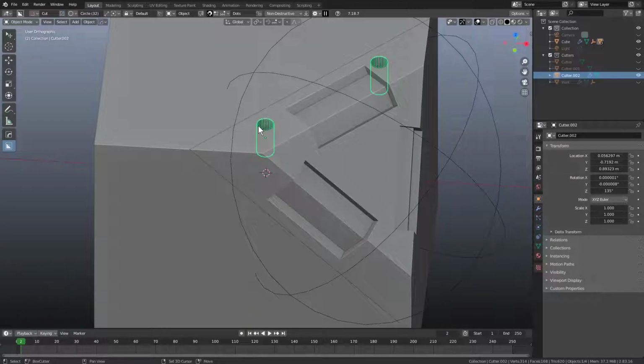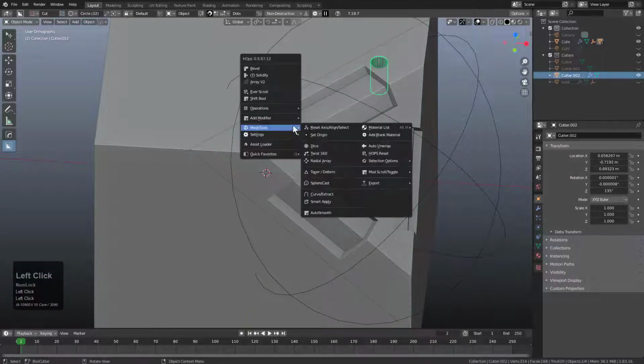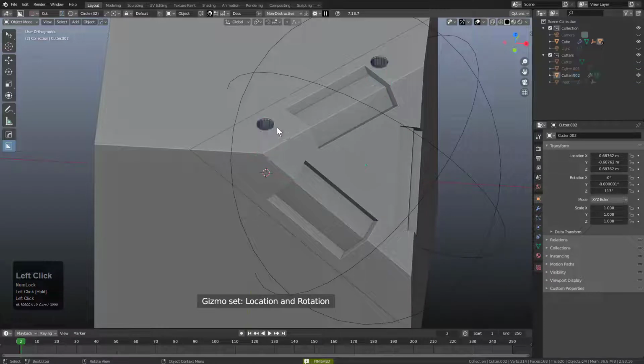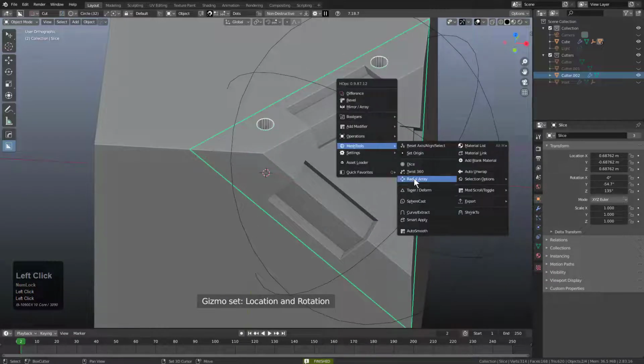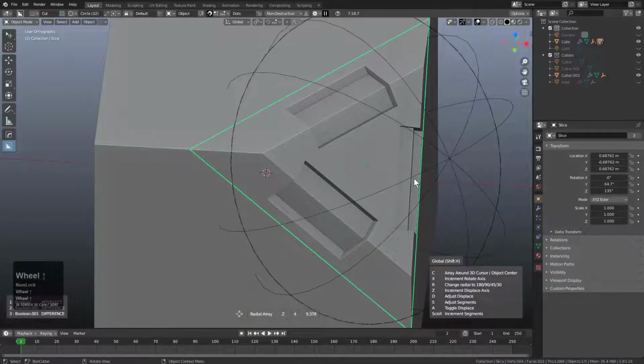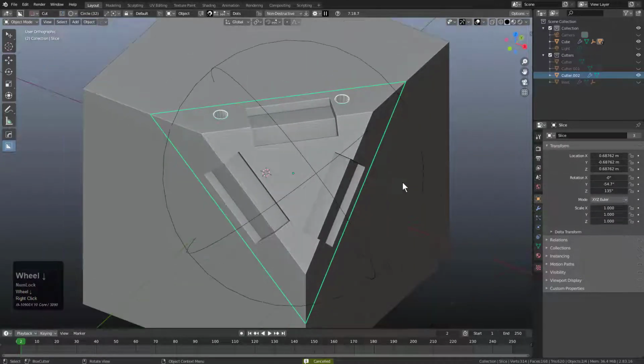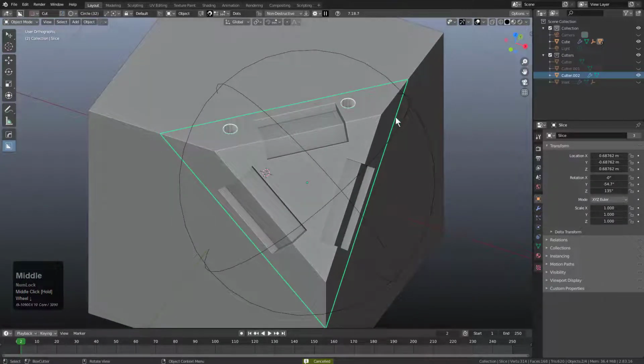But with this selected, I'm just going to go under set origin with just that selected, and we'll press S to look at everything that isn't this object, and we'll do something like that, and let's try it again. If we press A to turn off our displacement, we can see that we're nowhere near the desired result. So it definitely can get really hairy whenever it comes to the radial array of your